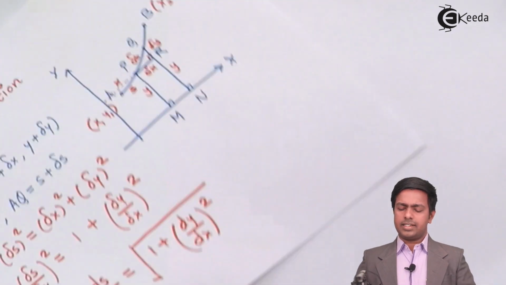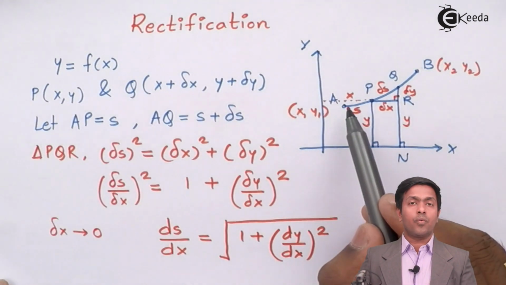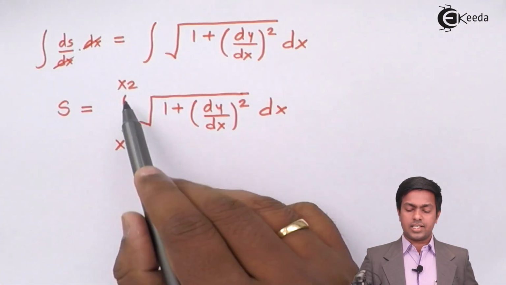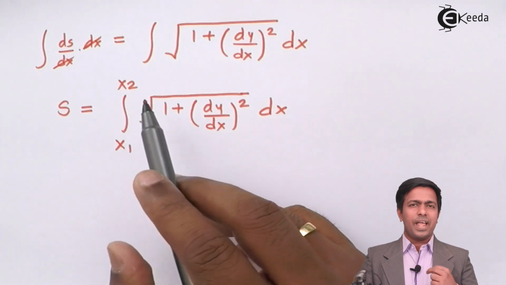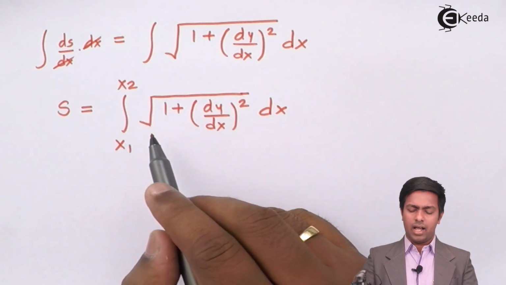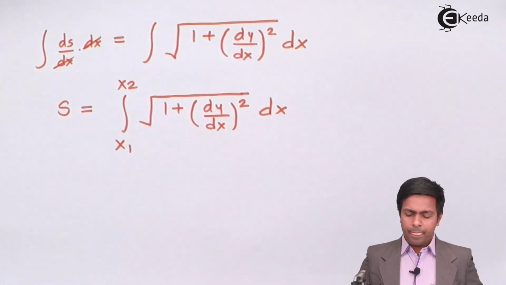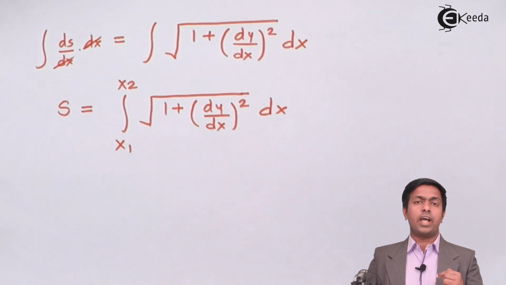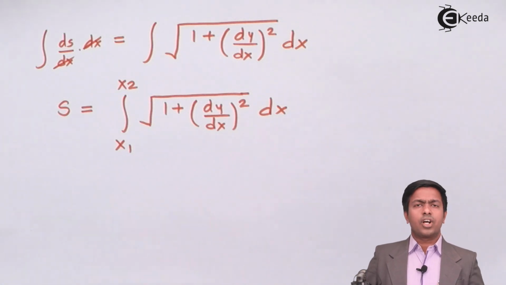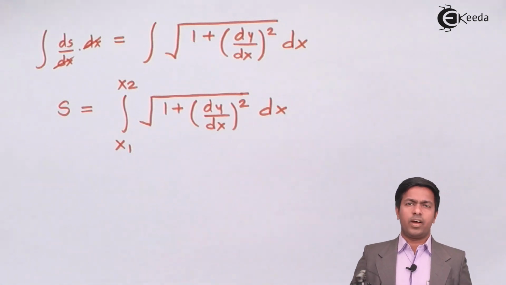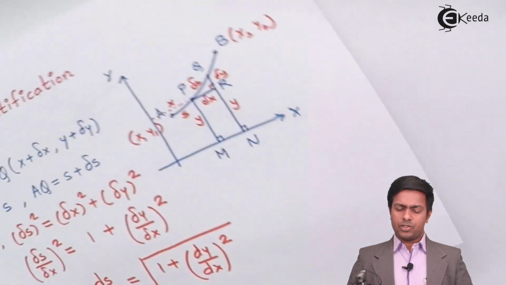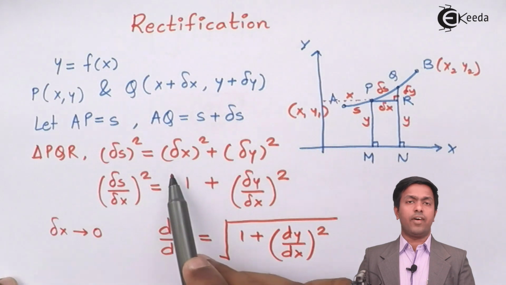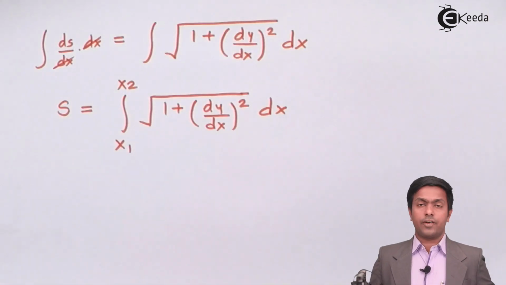So here in this case the endpoints of the curve were A and B. That is why I've used x1 and x2, since these are the x coordinates of the endpoints A and B. So guys, this is the formula to find the length of a curve if the curve is given as y equal to f of x. Now let's say the curve is given as x equal to f of y. That's simple. In that case we'll divide throughout by dy. By doing that we'll get a formula as